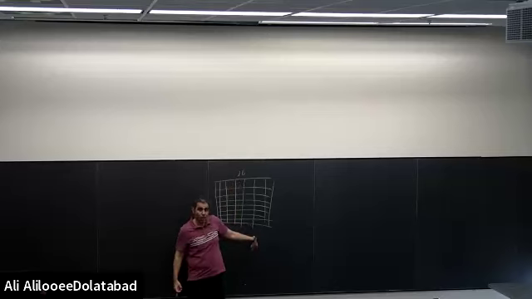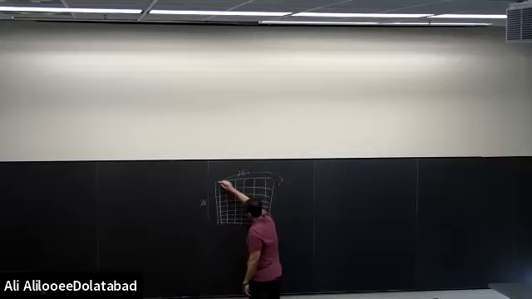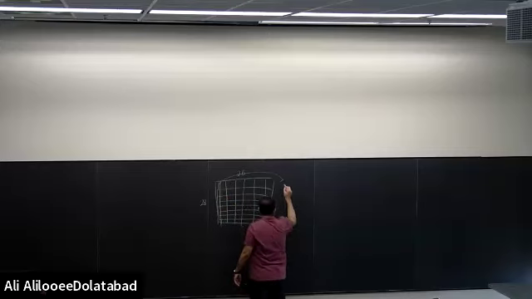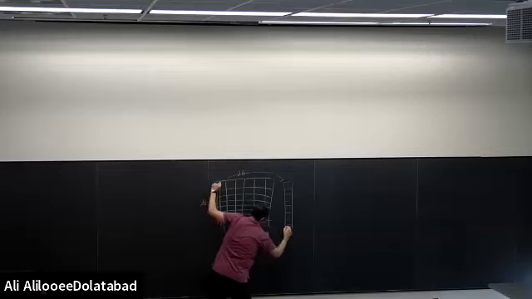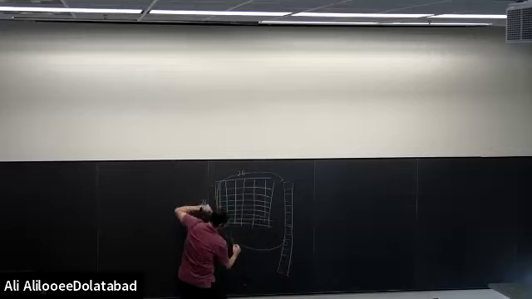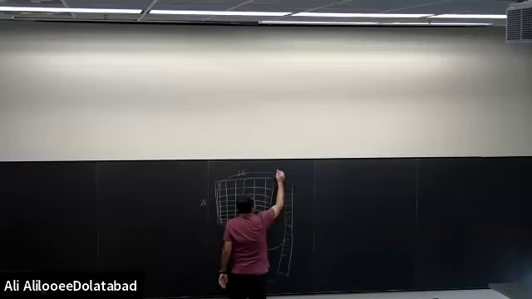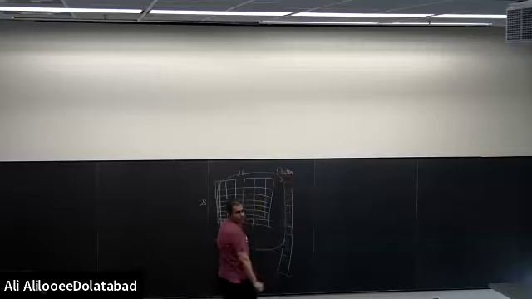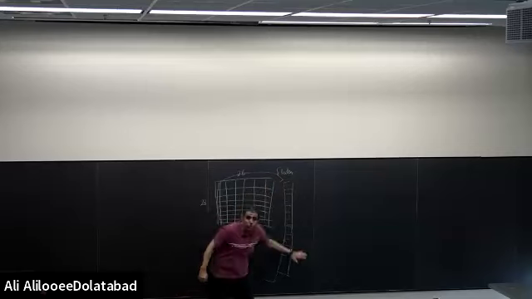How can we vectorize these? When you want to vectorize this, it means that you want to write this as a vector. Writing it as a vector means, for example, you will list all of these, then this, and the second column will be written below, right? The third column will be written below, and continue, right? This process is called flatten. Then when we have flatten, the input is a picture like this, and you want to vectorize it, like this.